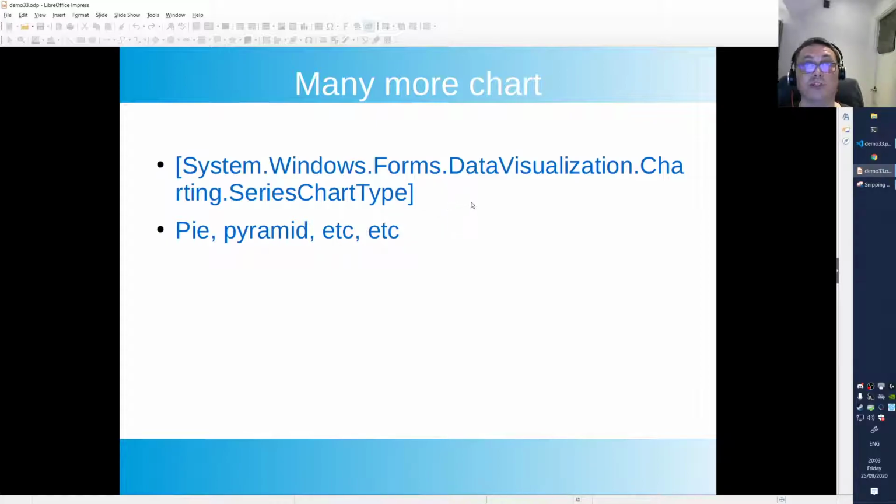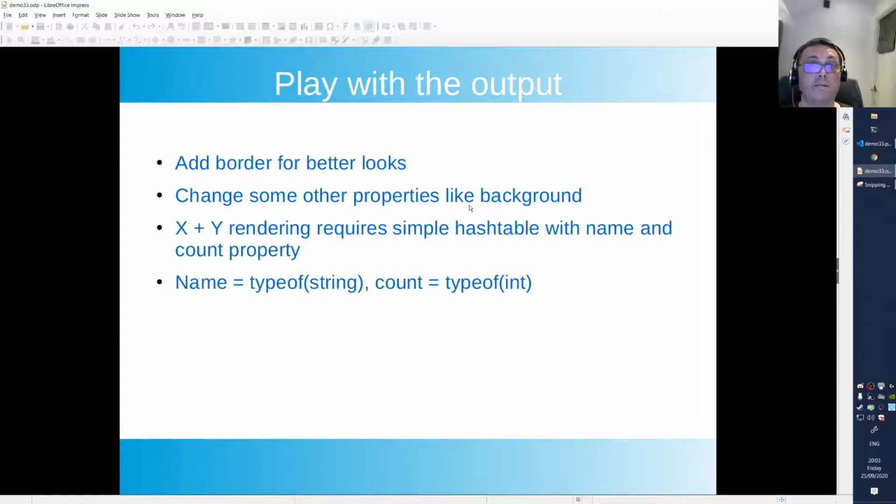charting visualization capabilities. You're going to play a little bit with the output, right? We add some borders, like I told you, for better looks. We change some of the properties, like the background, perhaps even the font. It is a little bit tricky to display information inside of a chart.